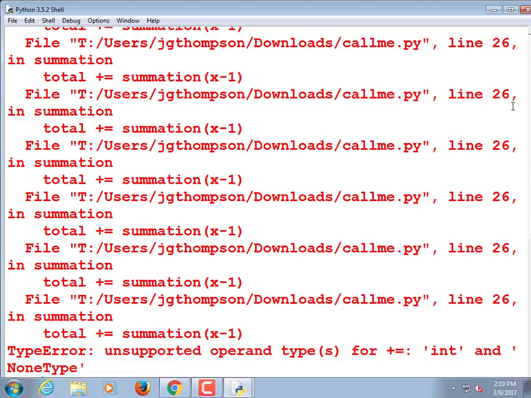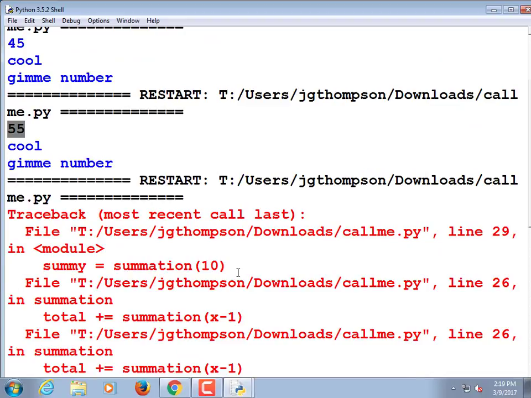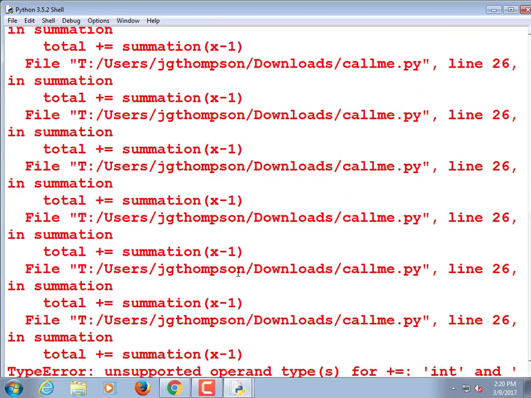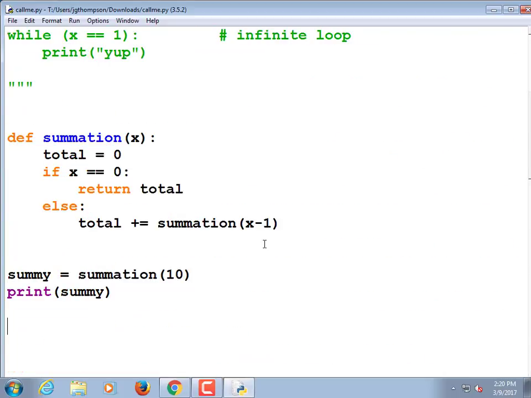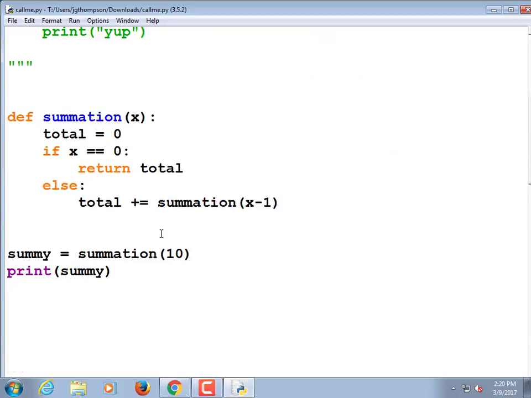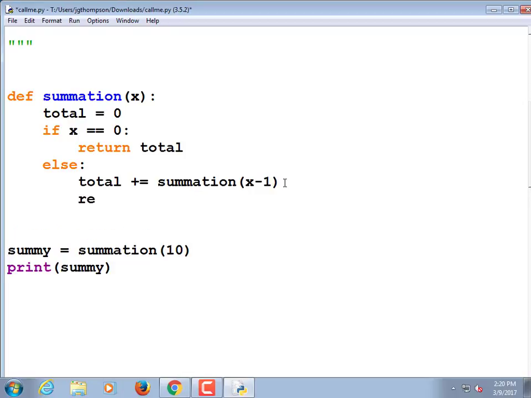We will run it. I hope it works. It didn't. I forgot to return total here. So this one has two ways out, really.